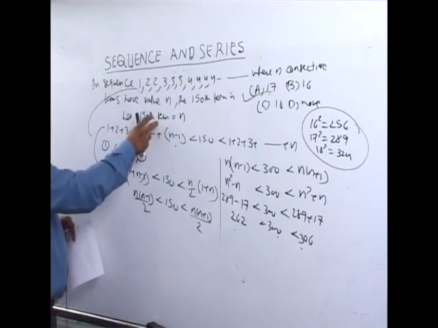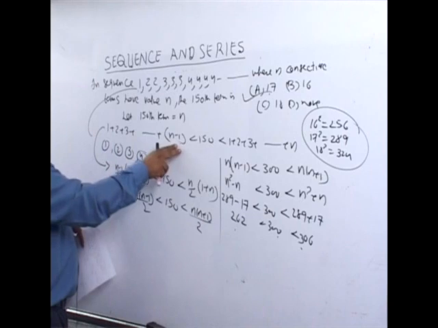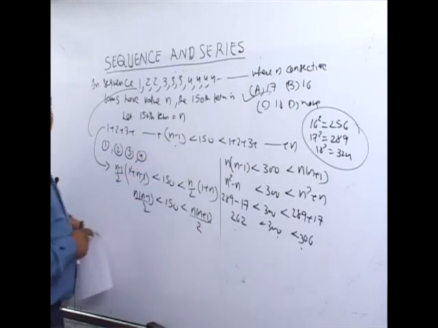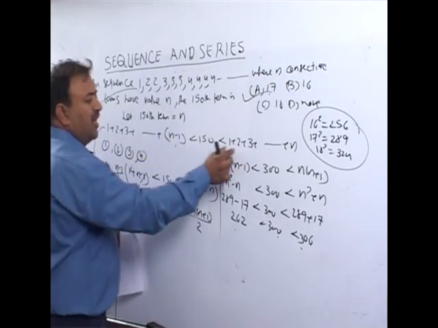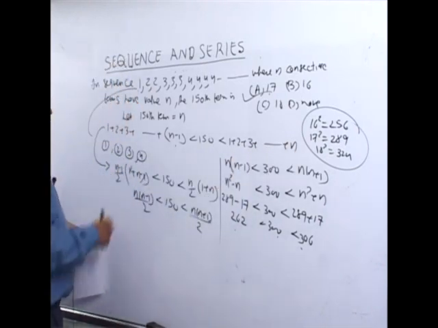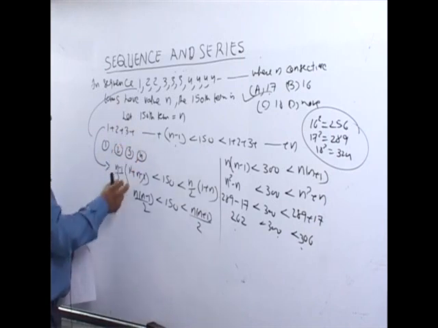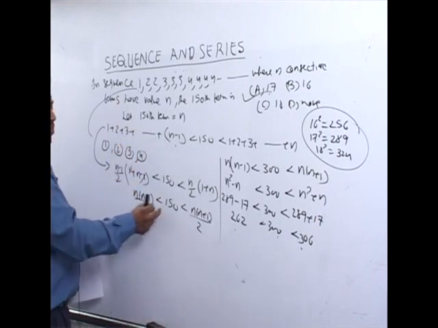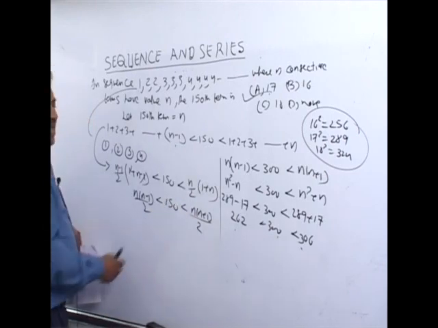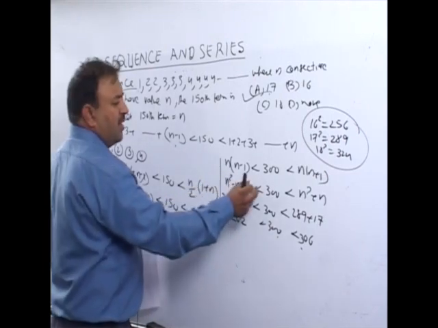Now the 150th term is the nth term. What are we taking? The 150th term is n. This means 1 plus 2 plus 3 plus up to n minus 1 is less than 150, and this must be less than 1 plus 2 plus 3 plus up to n minus 1 plus n. Now this is an AP summation series we can apply. n into n minus 1 by 2 is less than 150, less than n into n plus 1 by 2, that is n square minus n.